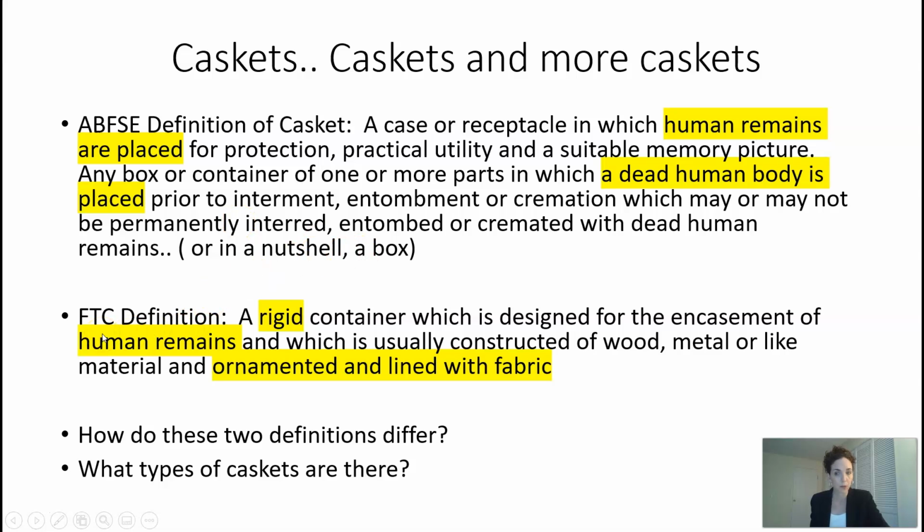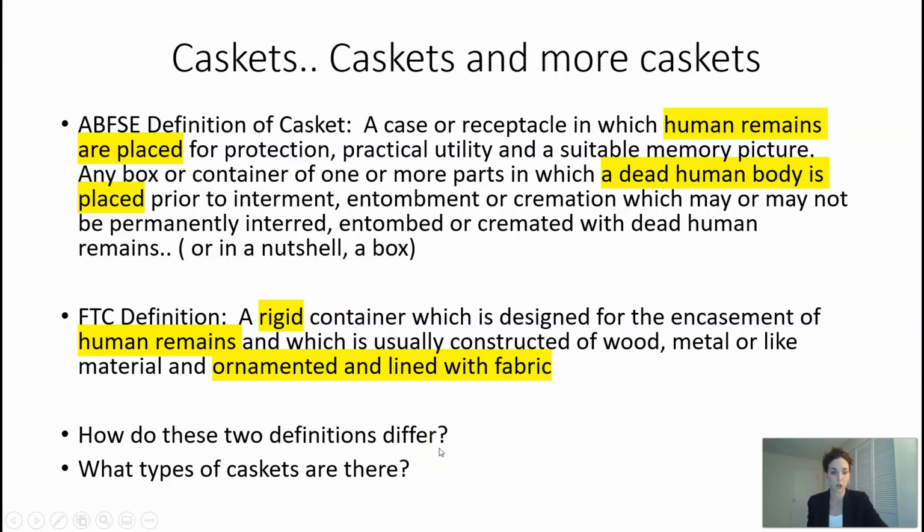The FTC, or the Federal Trade Commission, which we will discuss at length throughout your time at North Shore, has a slightly different definition. It's a little shorter, but somewhat similar. And I, too, highlighted some of the key words here. The reason this is an important definition is later on in some future modules, we will discuss how this definition is different than the FTC's depiction of an alternative container. And if you're not familiar with that yet, that's okay.